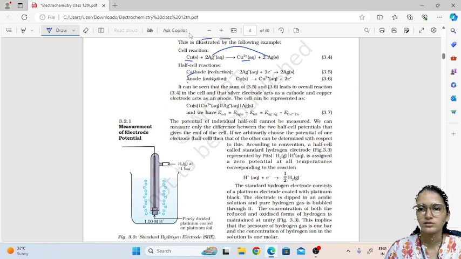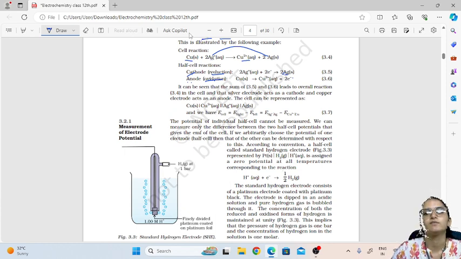At the anode what will happen? Oxidation. At the cathode what will happen? Reduction. So copper loses 2 electrons and gives them to silver. Silver gains those 2 electrons and forms silver in solid state, which is stable. It has been seen that the sum leads to the overall reaction in the cell, and the silver electrode acts as the cathode and copper as the anode. So we can write E naught of cell or E of cell as E of right minus E of left.